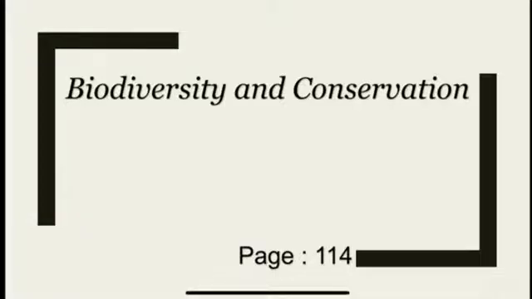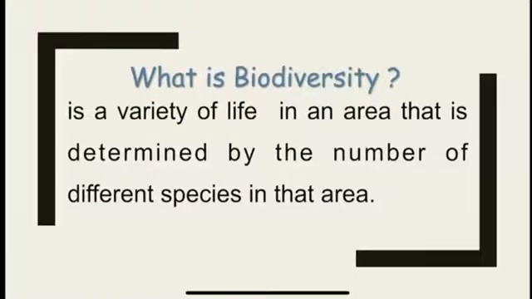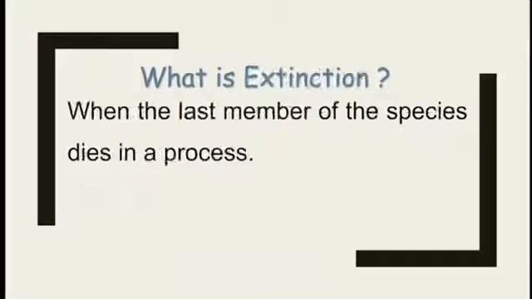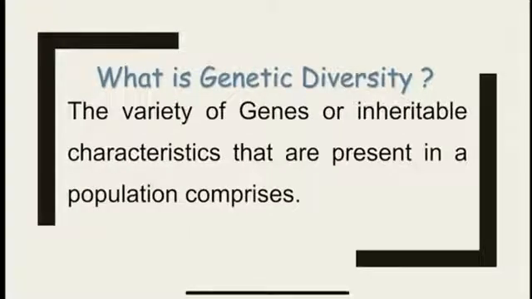Okay, student, today we'll talk about biodiversity and conservation. What is biodiversity? Biodiversity is a variety of life in an area that is determined by the number of different species in that area. What is extinction? Extinction when the last member of species dies in a process. What is genetic diversity? Genetic diversity is the variety of genes or inheritable characteristics that are present in a population